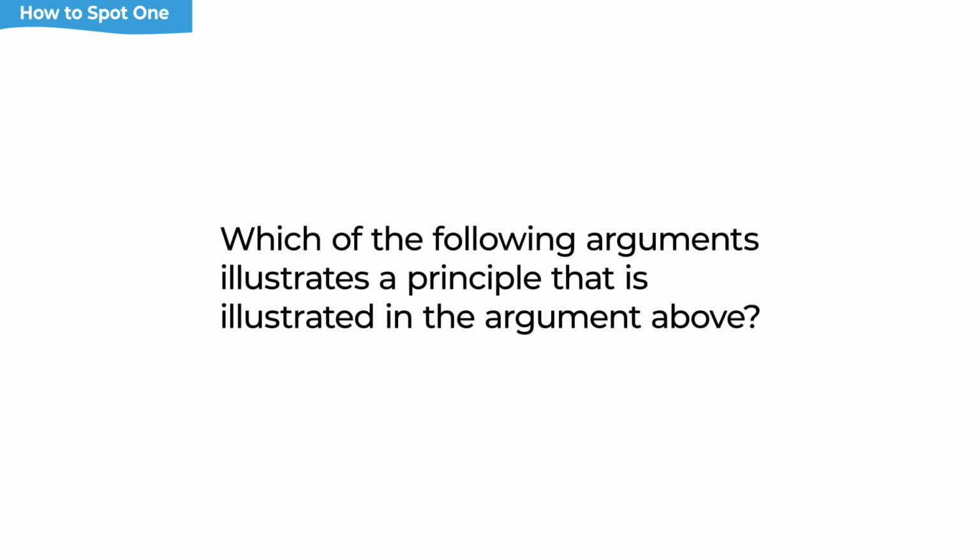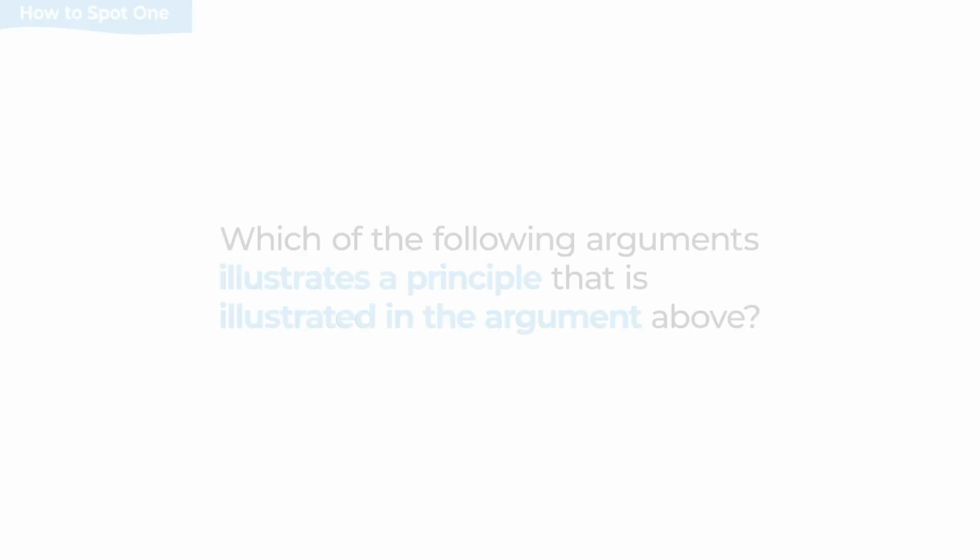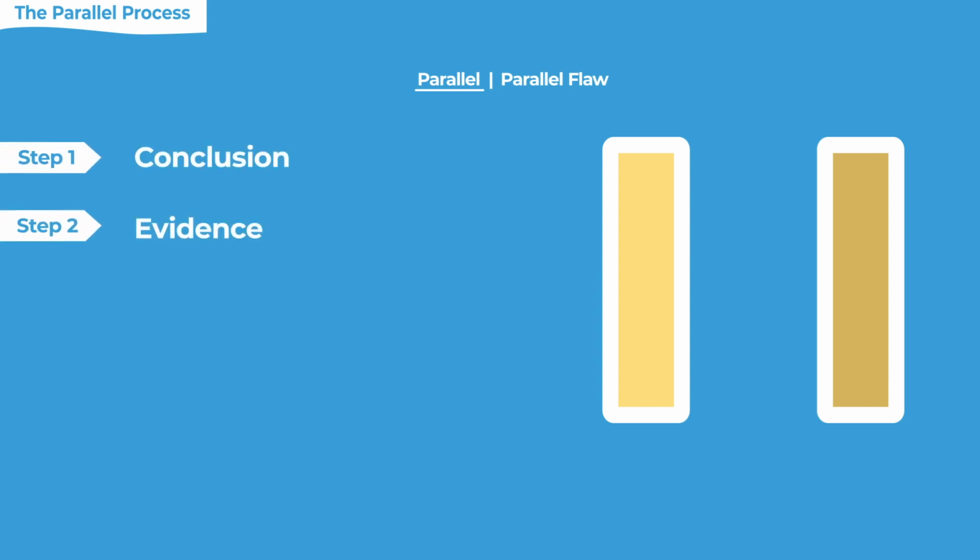Here's a more obscure one that uses the term principle. It's asking us which answer choice is using an implied principle that matches the implied illustrated principle above. When we say that a principle is illustrated, we mean it's not explicitly cited, it is just evident in the reasoning that gets used. When we're doing parallel reasoning or parallel flaw, we're going to need to read the argument to find the conclusion, find all the supporting ideas, and then evaluate essentially how did the author combine his premises